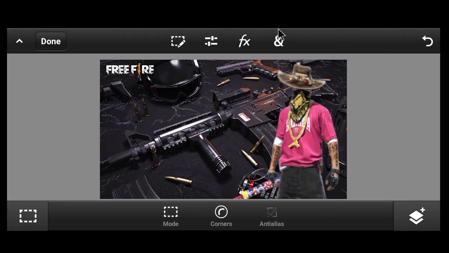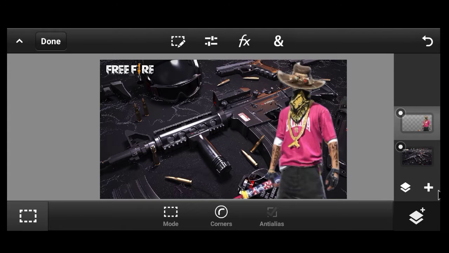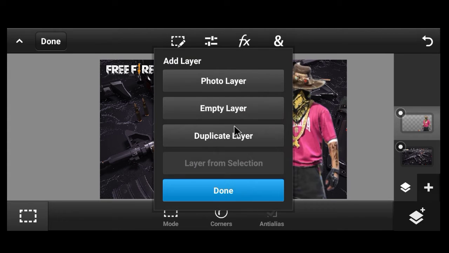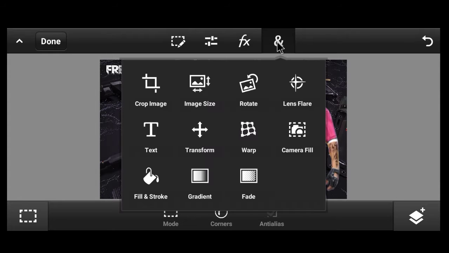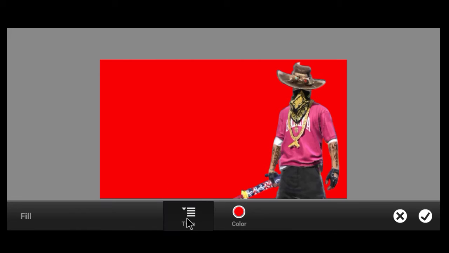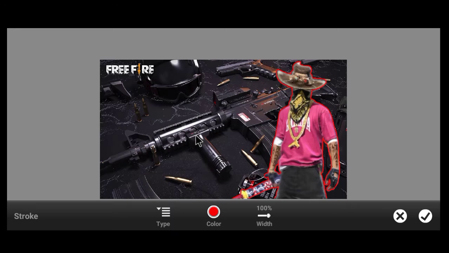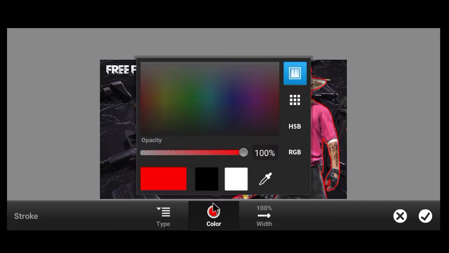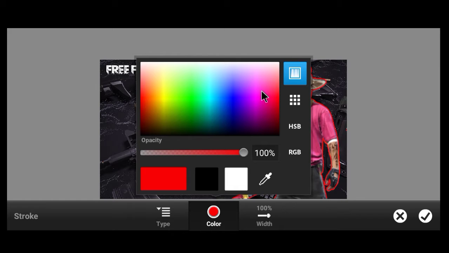After that, you're going to click on layer selection, click on duplicate layer, and select the bottom layer. Next click on the end option, click on fill and stroke, select stroke type and select a dark pink color.